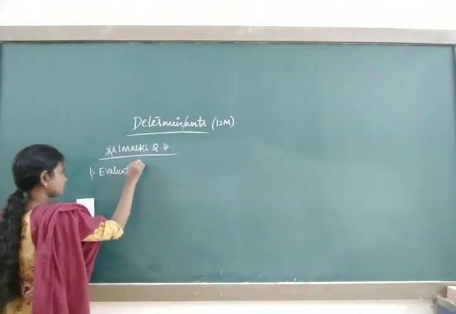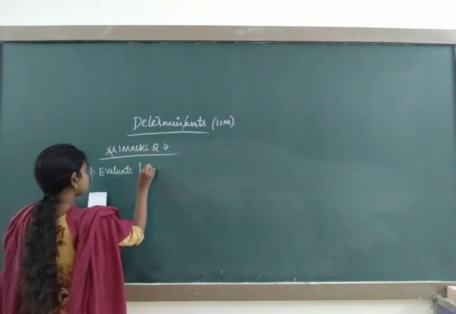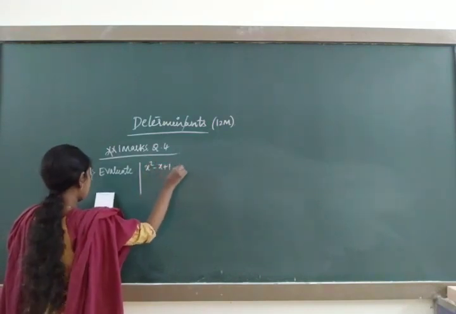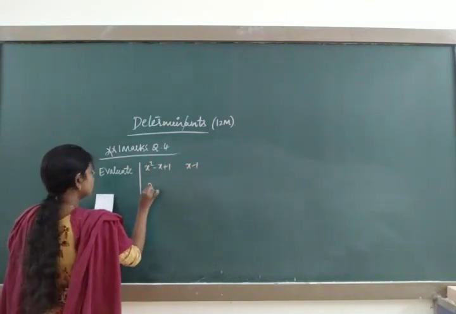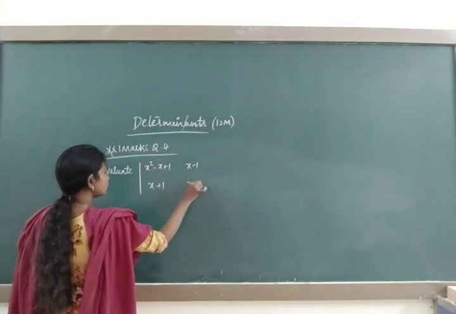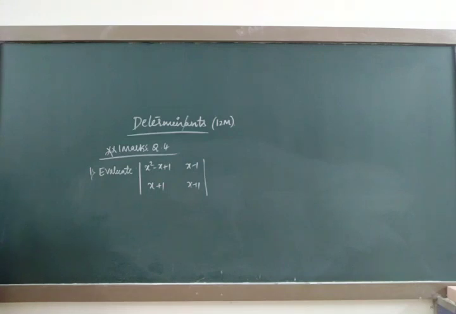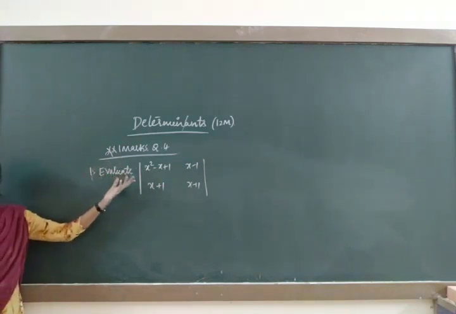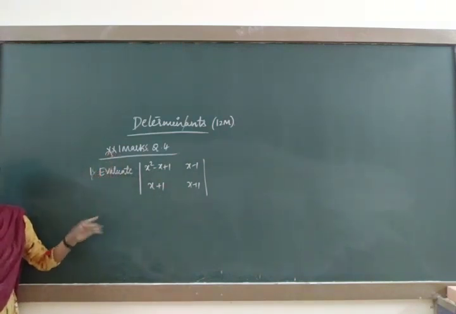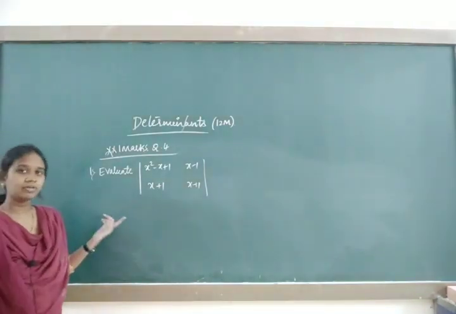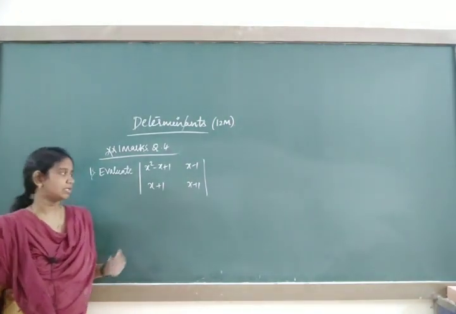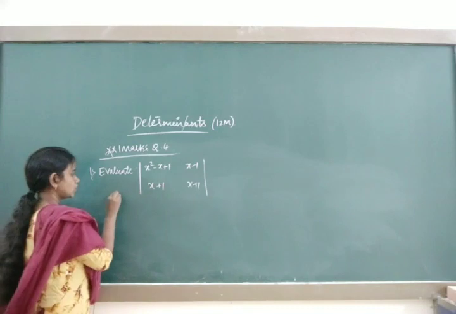First one, x square minus x plus 1. This is x minus 1. This is x plus 1, and this is also x plus 1. This is the question you are going to face, or already it's a repeated question. So as I said, I will take 4 to 5 questions. Any one you are going to face for your examination. So solution,